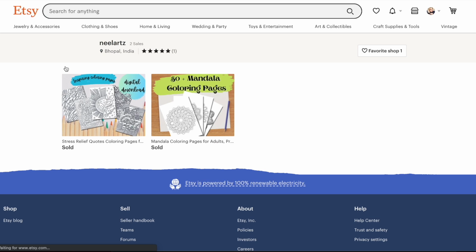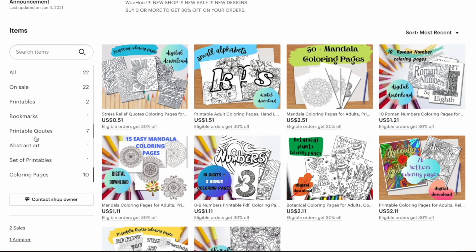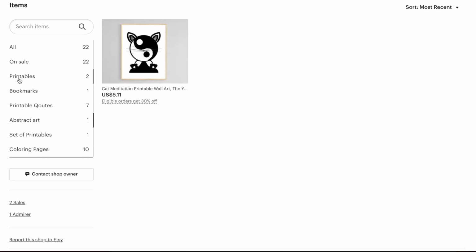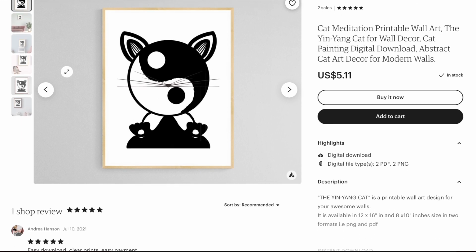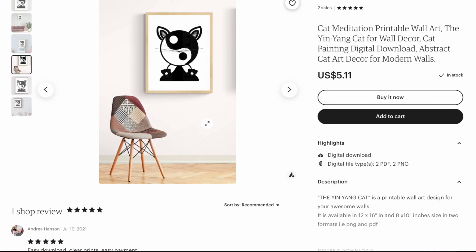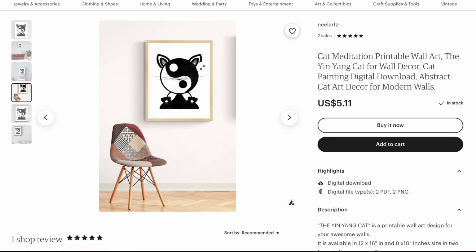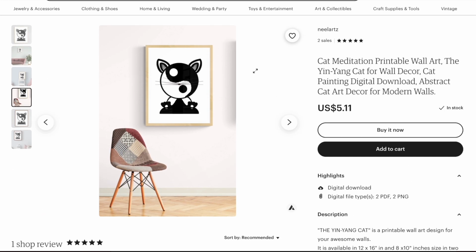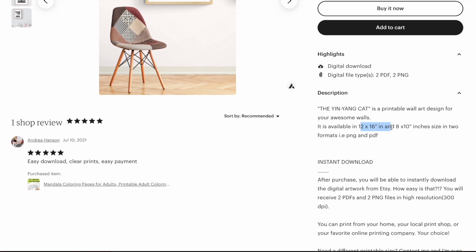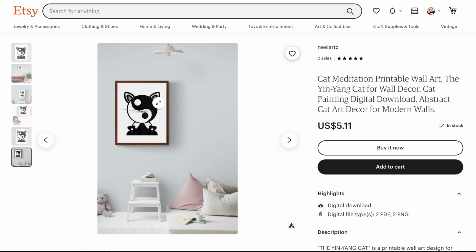Let's look at what you sold so far. Okay, so you've been selling coloring pages. I recommend that you remove the art. I don't know how much action it's getting or how much, you know, people are looking into purchasing your wall art, but I would not do it this way. I would just make it about printable coloring pages, and I reckon that this is a lot bigger than what you're actually offering. I mean, this is a huge printable design, and you're not offering this design actually for sale. So it could be quite misleading for people because they would think that this would be printed in this